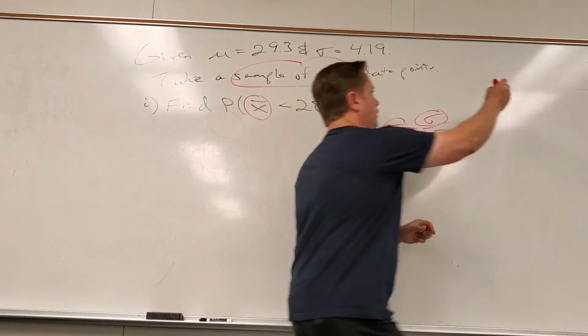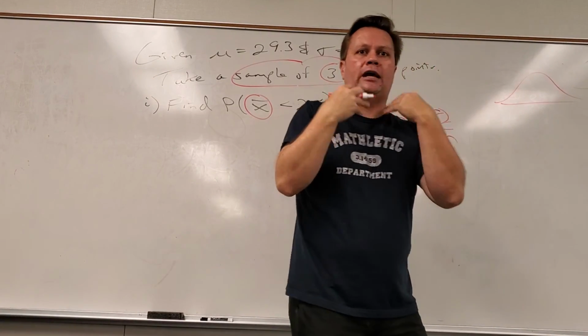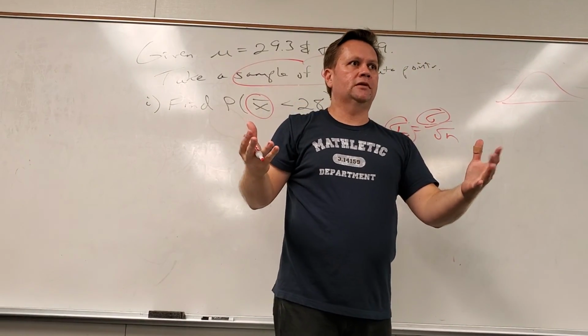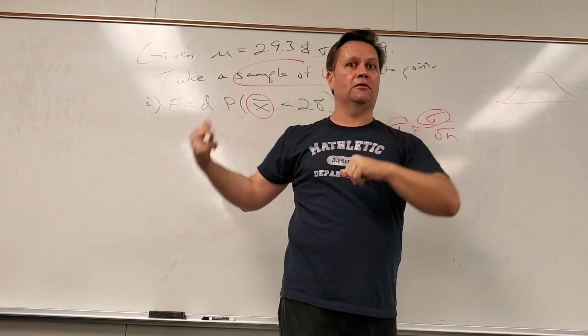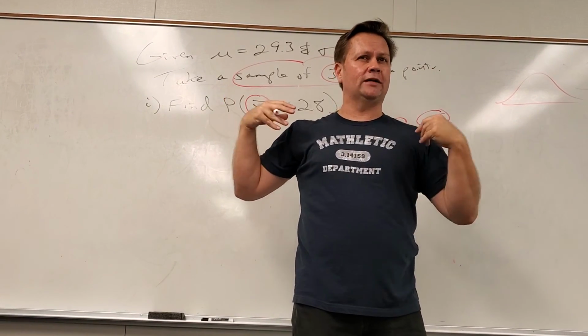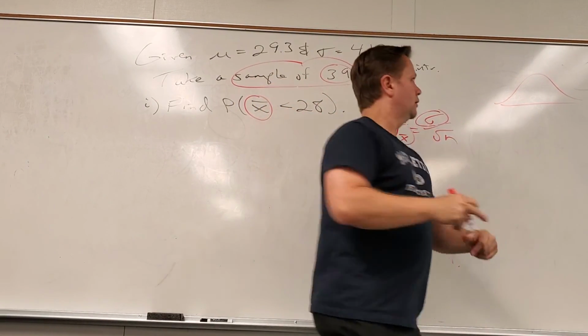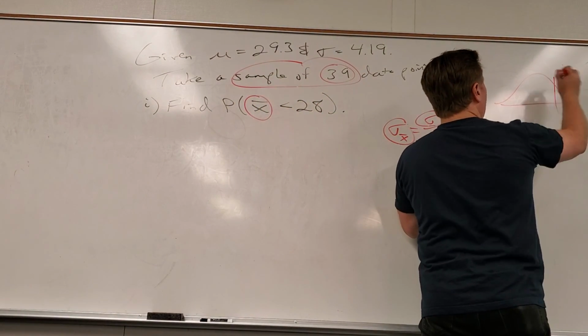When we did the earlier problems, and I picked one person, I said it was normal, didn't I? Every time. I had to, because the sample was only 1. It's not bigger than 30. I had to tell you it started off normal. And then what's the probability that one person is above